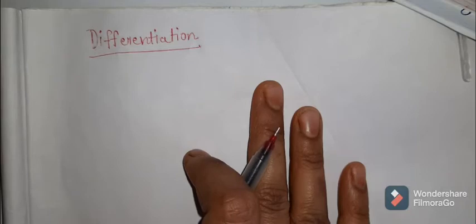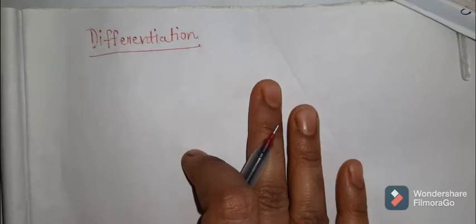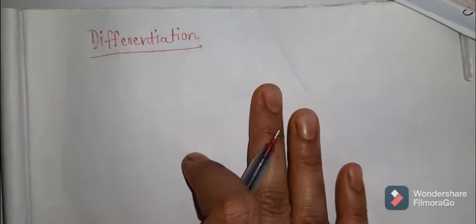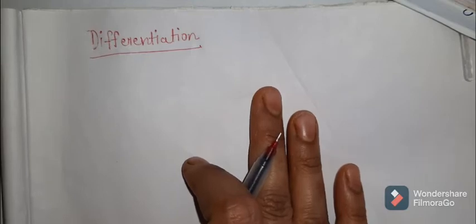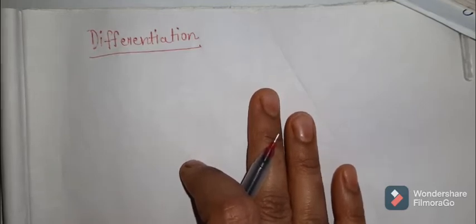So in differentiation, what do we mean by the word differentiation? The simple meaning is, in differentiation we decrease something, the function gets decreased, and in integration it sums up. So the basic meaning of differentiation is that the function goes on decreasing. Okay, so in higher secondary level we have studied